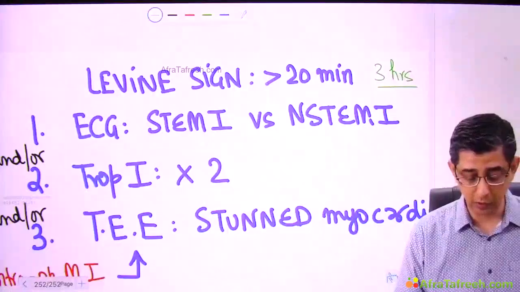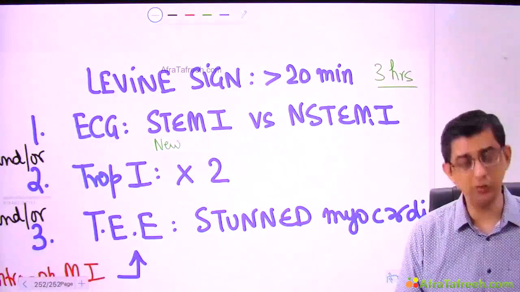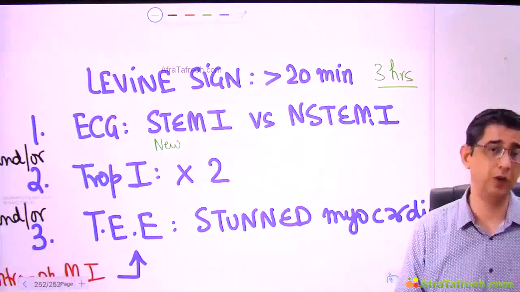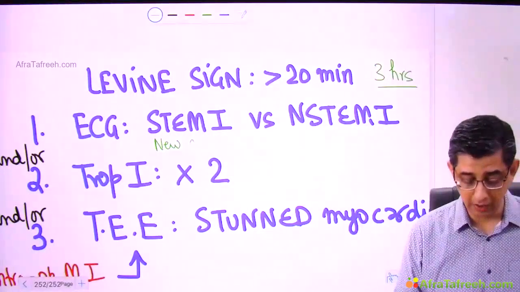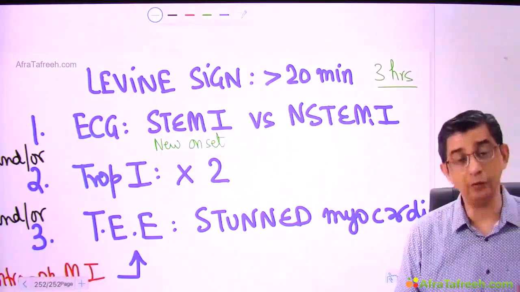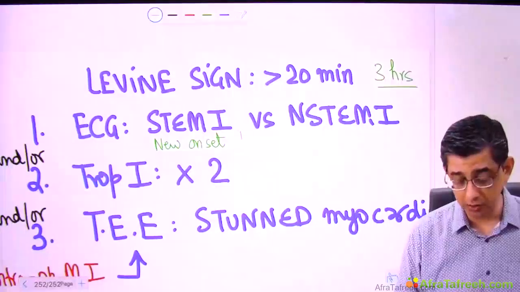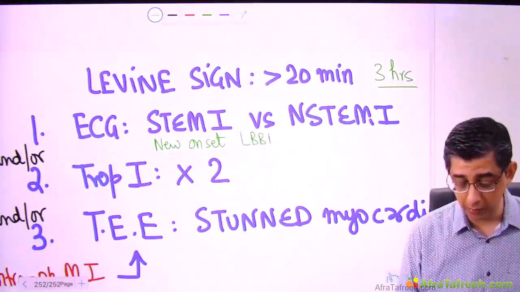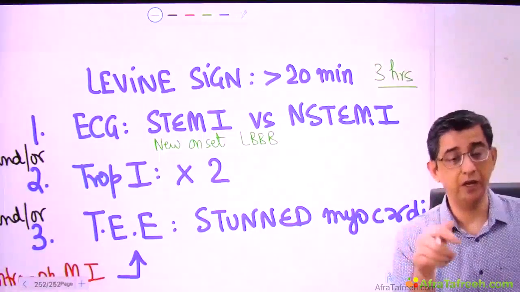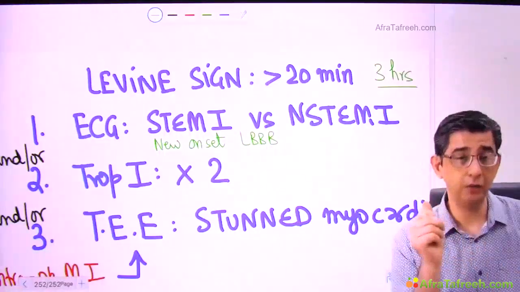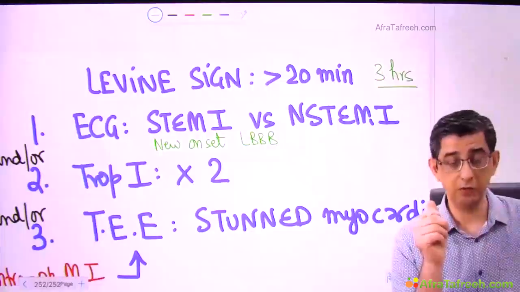And from the ECG perspective, I can also add one more aspect here. This is optional for you, if you want to note it down, you can skip it also, because the bundle branch block topic I have discussed separately. So additional information from ECG that can be added is new onset left bundle branch block, because the problem in bundle branch block of the left side is that the left ventricle is not going to contract on time. And what is the problem if the left ventricle does not contract on time?